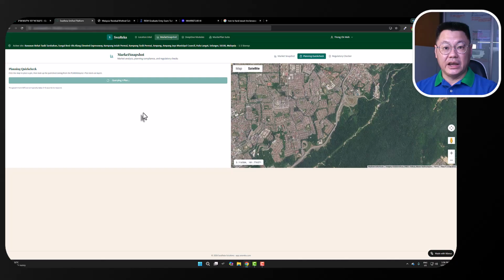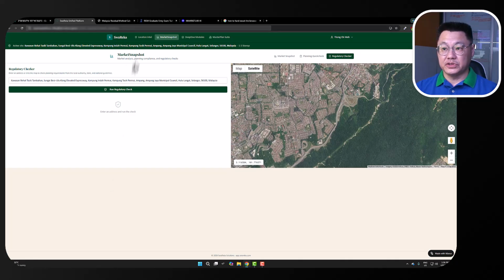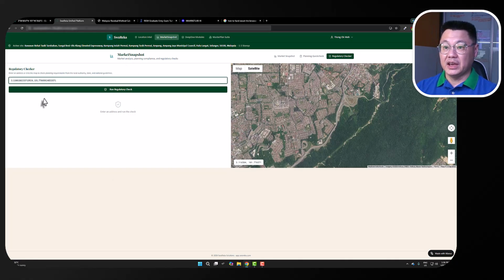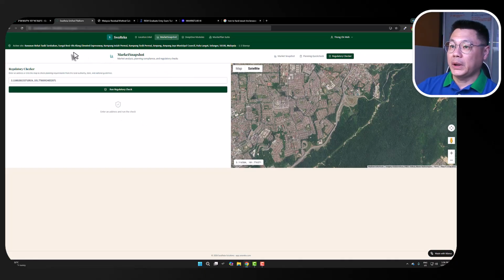And then it does AI plan checking and it tells you what are the information, everything else. You can also run a regulatory check of the location. Let me copy again the GPS coordinates, right? And then, of course, it will also run a check. Now, quickly, let me run to another software,